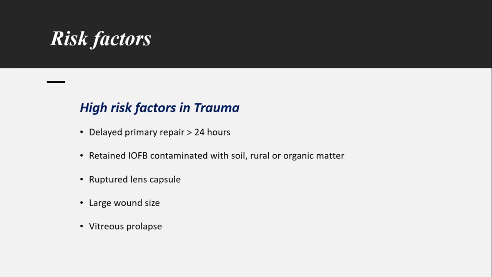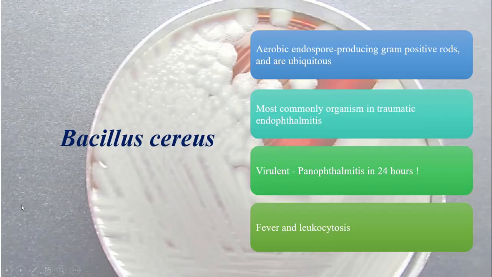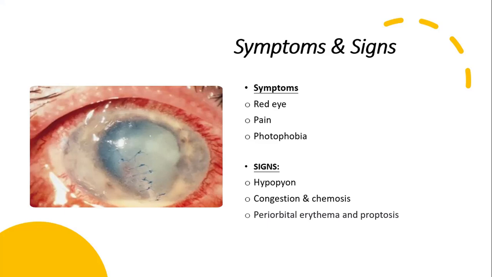If there is a rupture of the lens capsule, that is a risk factor for developing endophthalmitis. A large wound size, don't ask me how large, it is large. If it is large, there is every chance that it can go for endophthalmitis, and vitreous collapse has to be managed well. As we have already discussed, this is one of the worst organisms we have come across, which causes a very virulent infection within 24 hours, and it can have some systemic illness along with it. The symptoms are almost similar to what we are seeing, but the most important thing is we have to be very careful